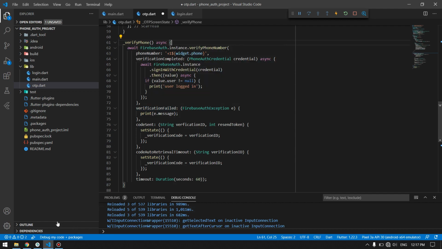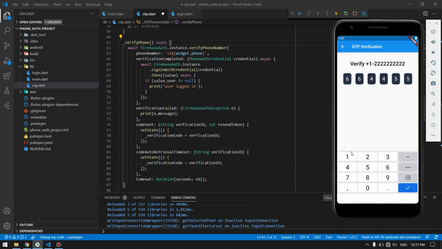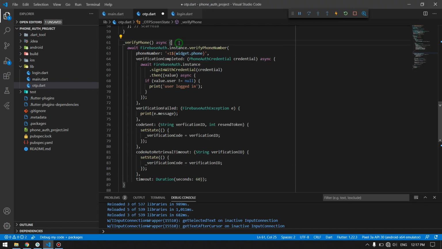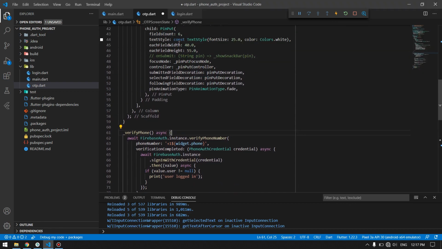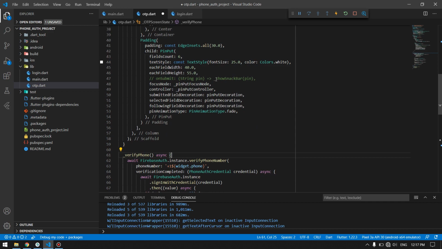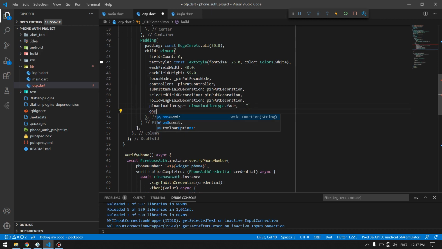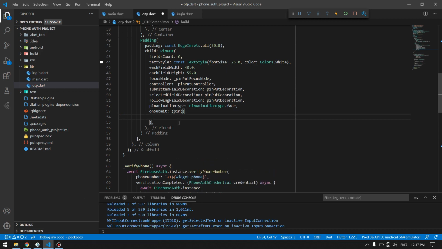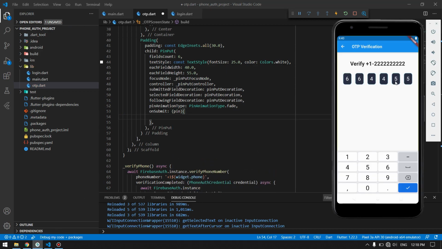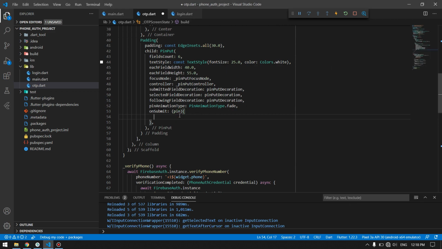It doesn't really require the user to type the code manually in here. But if it fails, if the SIM card is not present in the current user, then we have to come here and control that manually. So on submit of this, we will take these 6 digits from the boxes, and we will compare that with